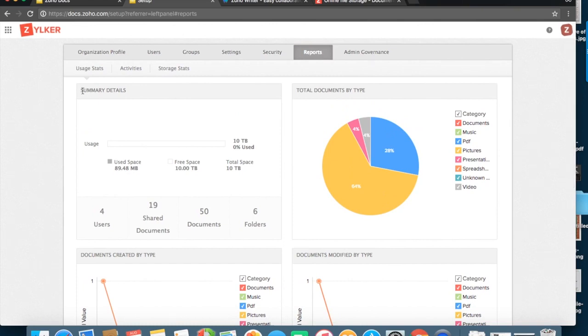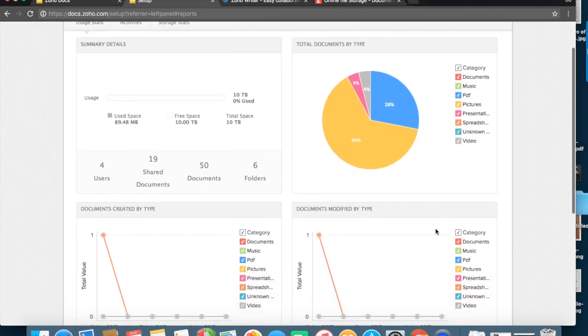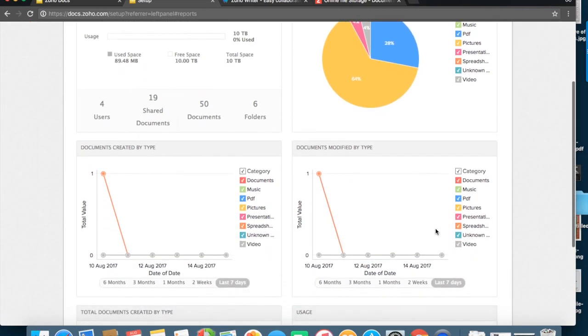Now we get a detailed summary of the storage used by the users in my organization. I can also see the total types of documents that have been created. I can choose individual documents and see how many users have created these documents, or I can just click on all categories and see all types of documents that were created in my Docs account.